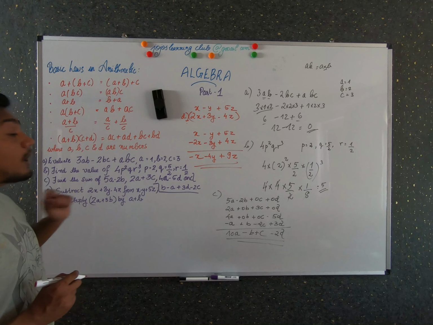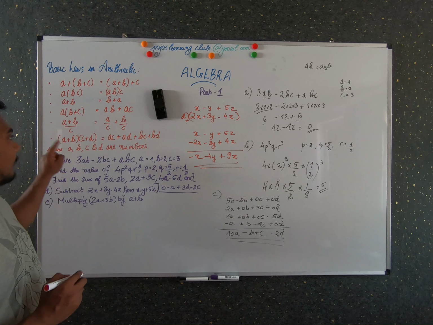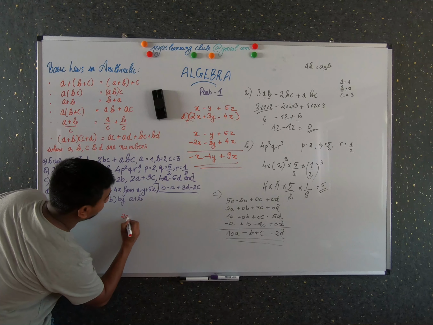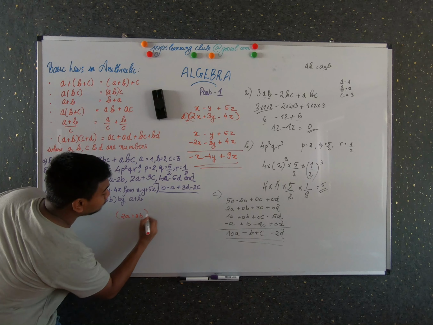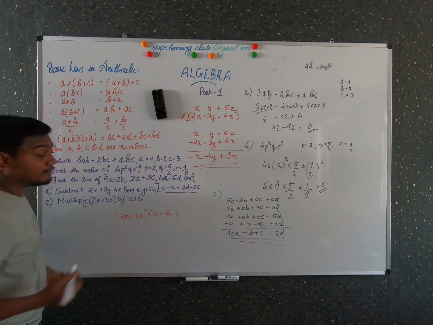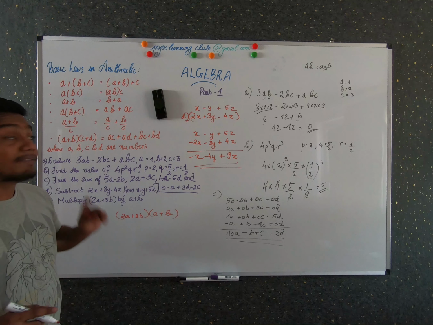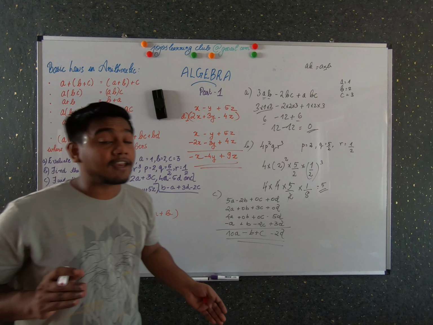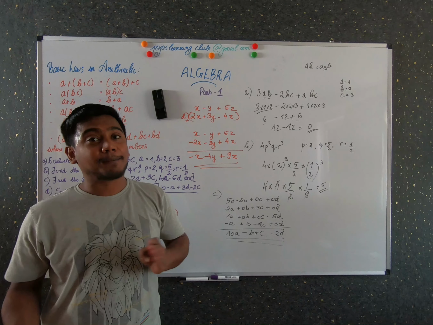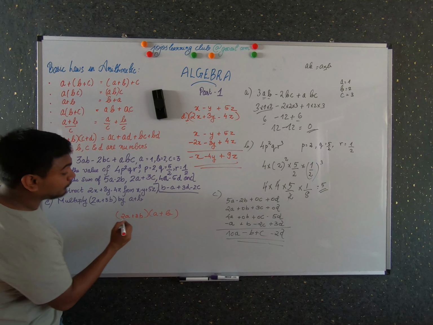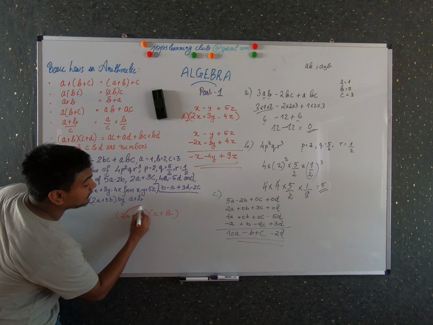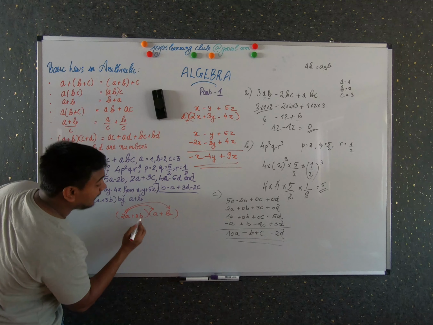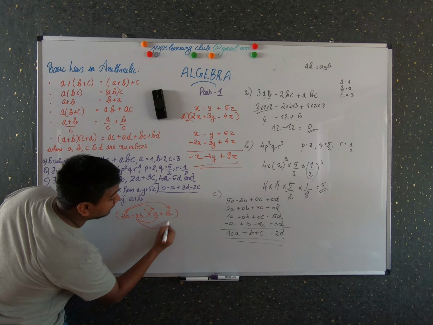And now let's do a problem using multiplication where you use the last law of arithmetic. So 2a plus 3b into a plus b. There is no specific order when you do multiplication, which you have learned in the second law, right? When you multiply the first number with the second number, it is same as multiplying the second number with the first number. So here, as by the rule, you have to multiply 2a first with a, and then with b, and then 3b with here, and then with here.